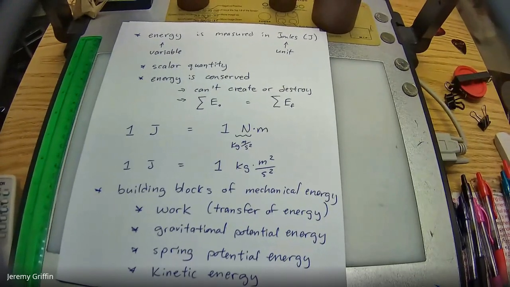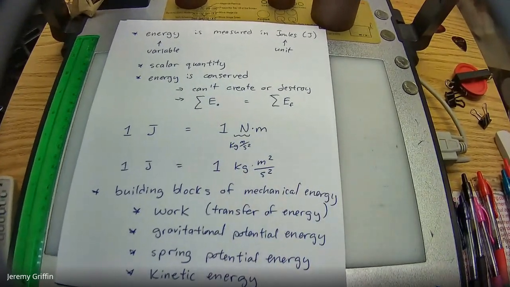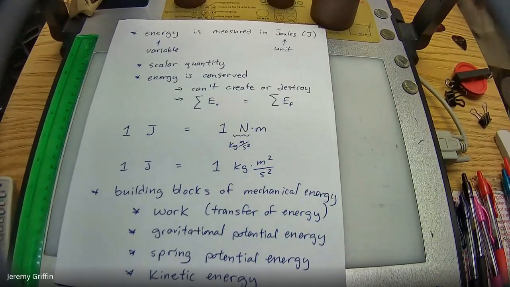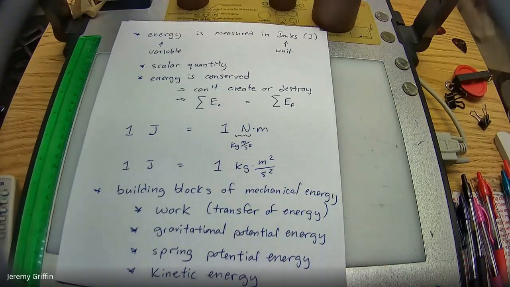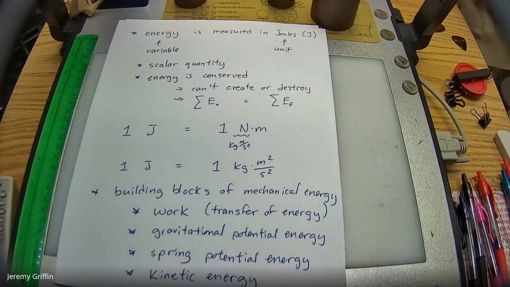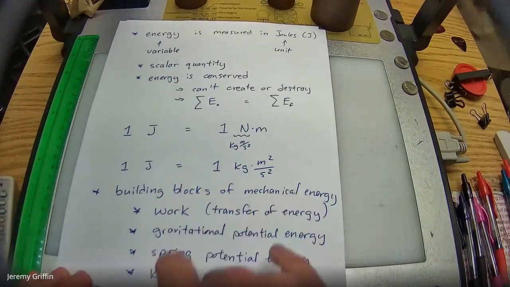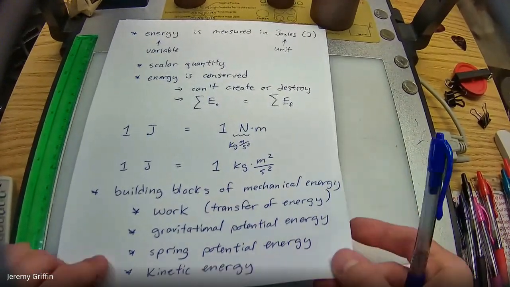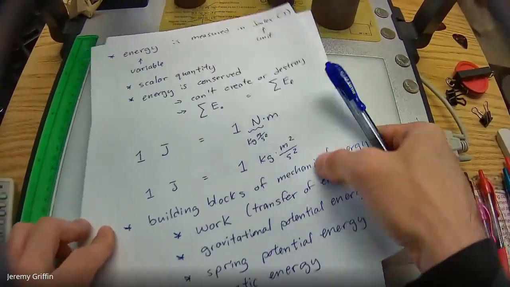Now, does energy take forms other than just these four? Yeah, definitely. I'm leaving a bunch of stuff off the list. I don't have nuclear energy up there, I don't have thermal energy, and I don't have chemical energy, like energy stored in a AA battery. There's lots that are left off, but we'll be able to use these and take whatever we want out of those. I'll start with that first one, work, transfer of energy.